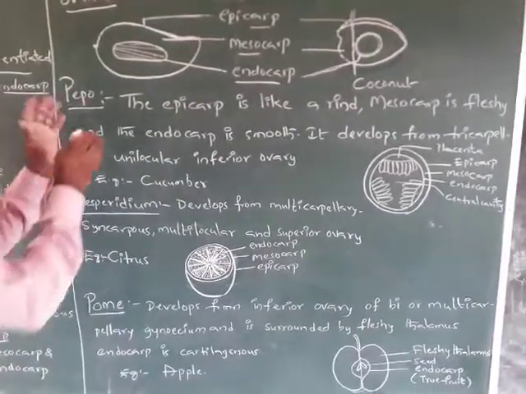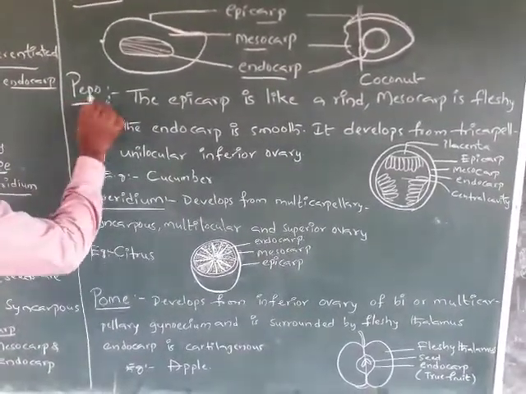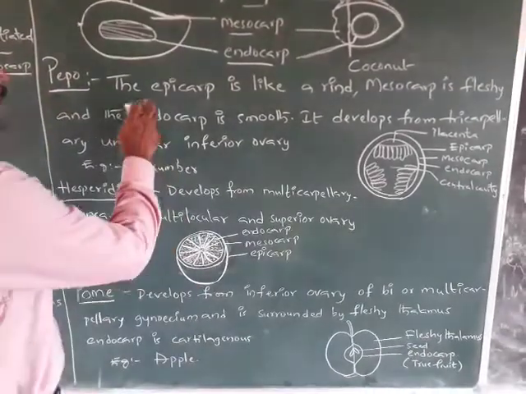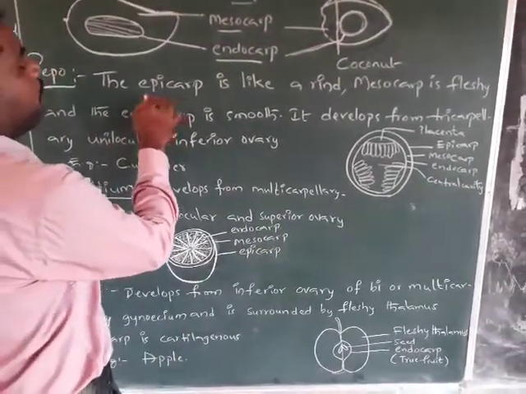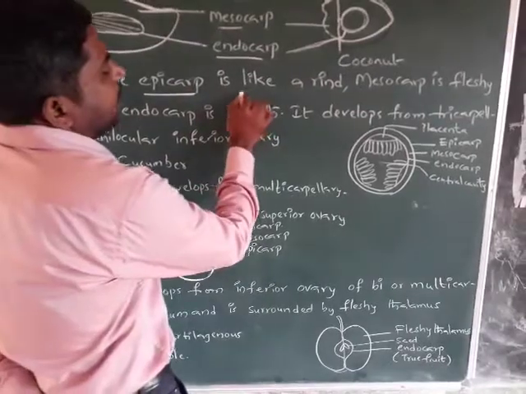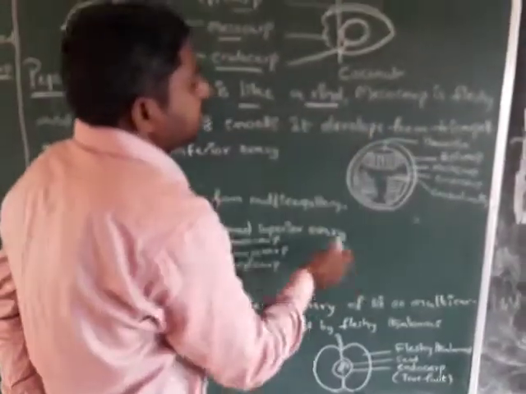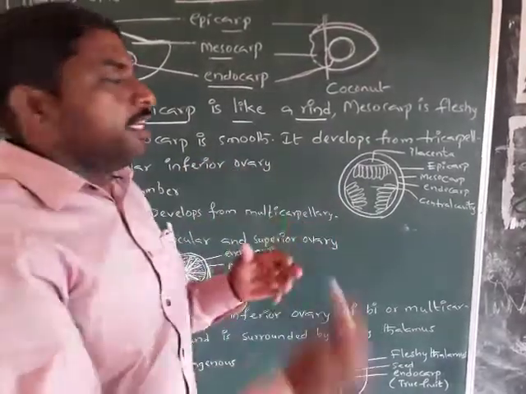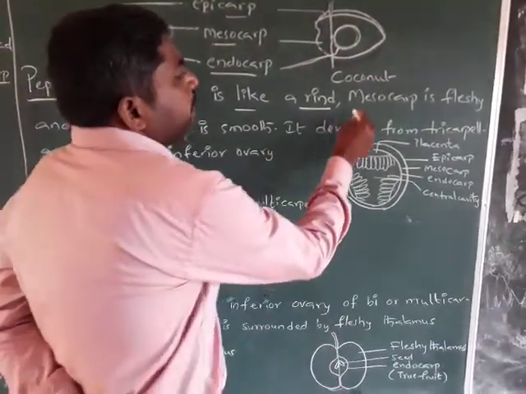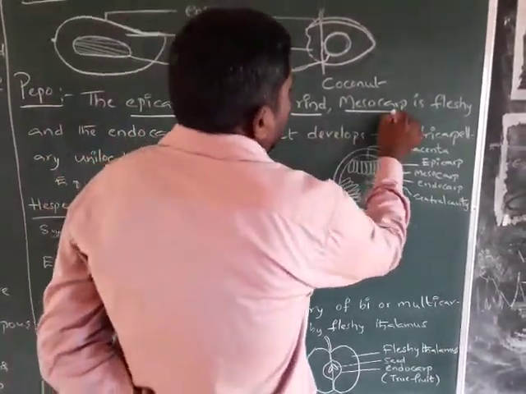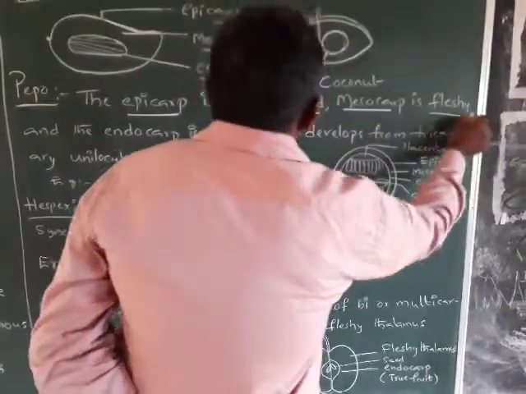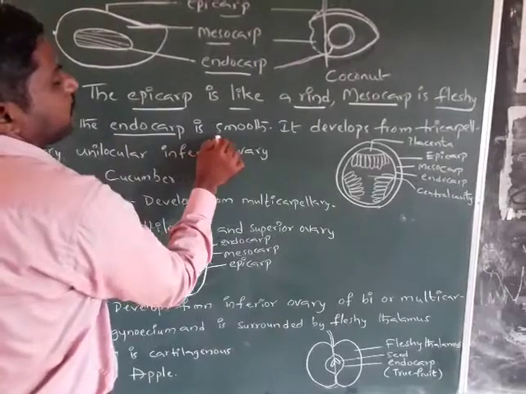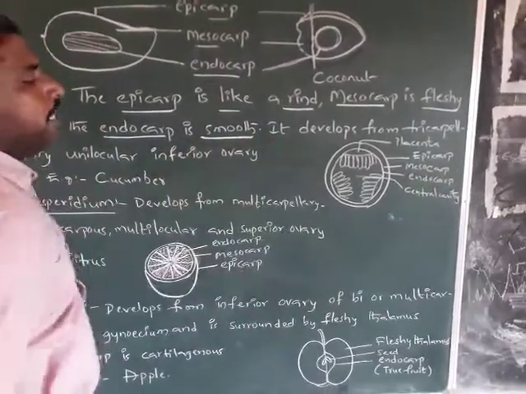And the next fruit type is pepo. See, the epicarp is like a rind. It is the outer layer, a form of rind. The mesocarp is fleshy and the endocarp is smooth, and it develops